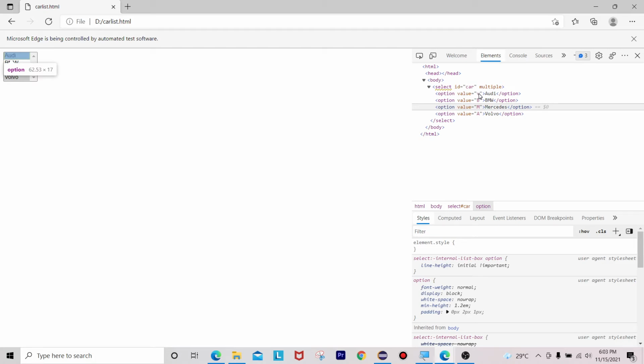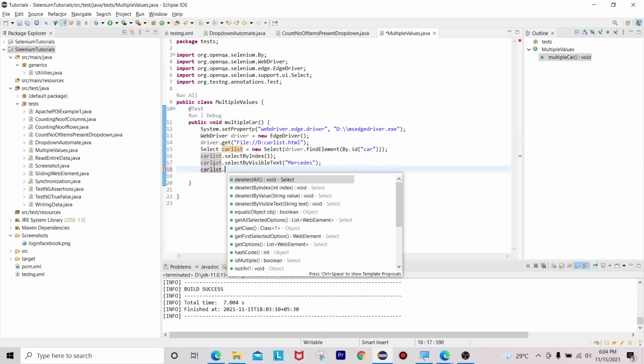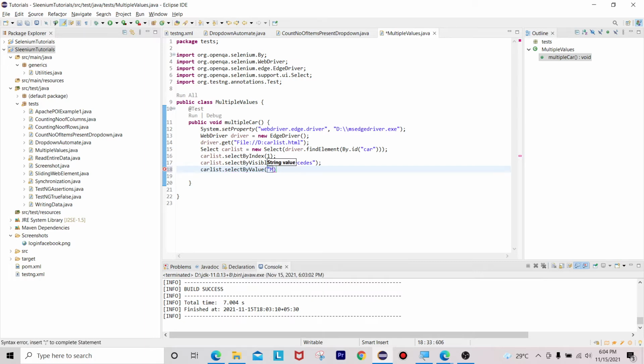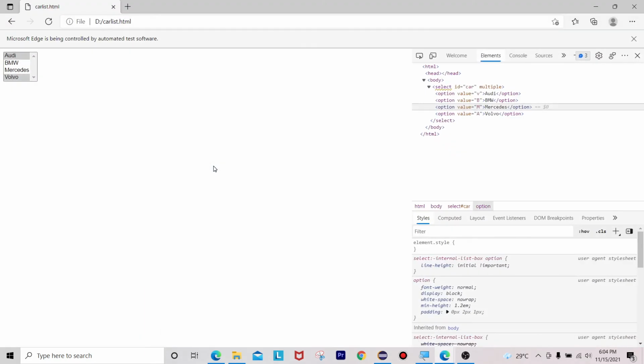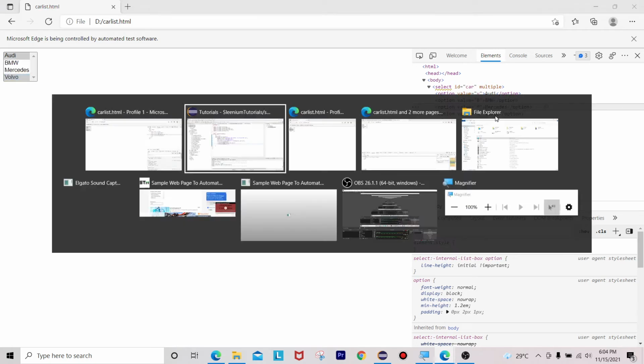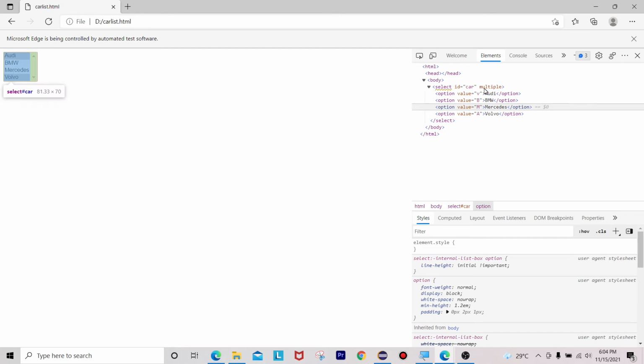Okay, we are selecting Audi, BMW, select by visible text. First one is select by index value 0, select by visible text is this one, select by value is this one, M I will give you as value. Okay, car list dot select by value, that is M. Select by visible text, I am going to change it to Volvo. Okay, and select by index I am going to change with